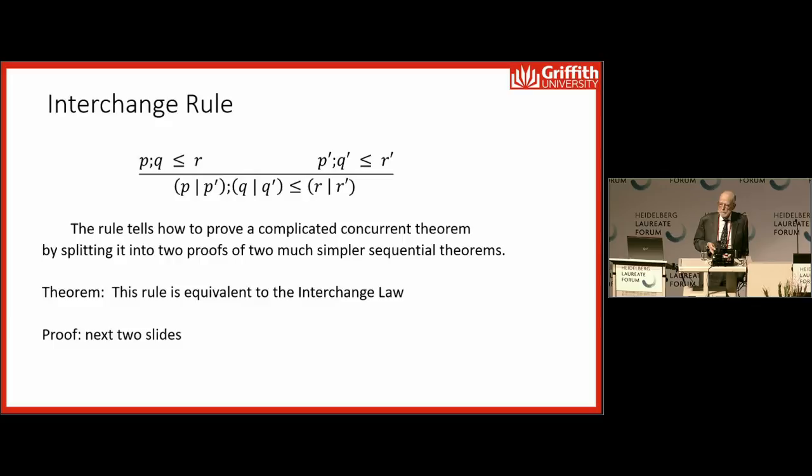From the statement of the interchange law, I can do a simple proof of an appropriate rule of reasoning, which I've displayed on this slide. It shows that the conclusion says that if you've got to implement a concurrent composition, you may implement it as a sequential composition in which you've taken one operand, either a dashed pair of operands or the undashed pair, and run them separately,